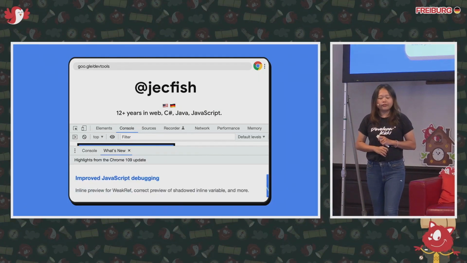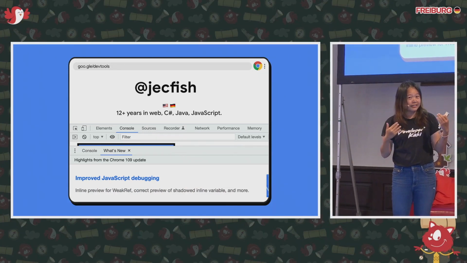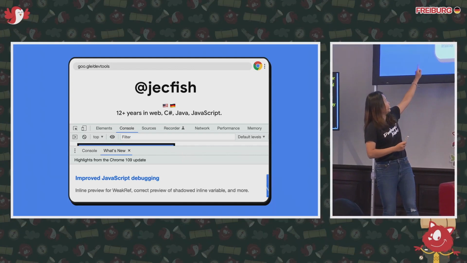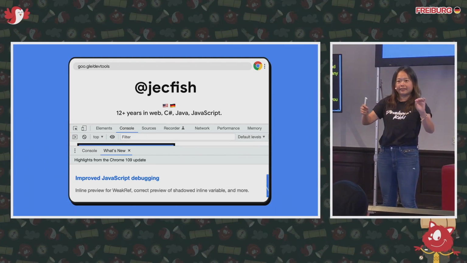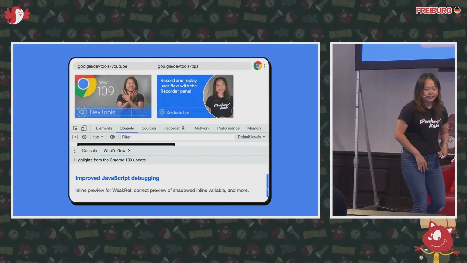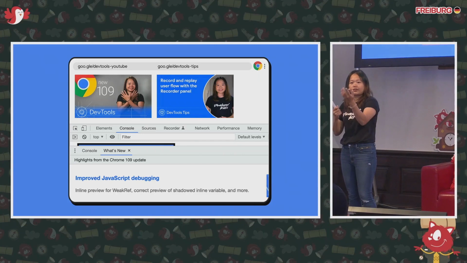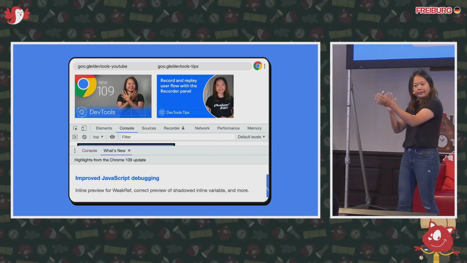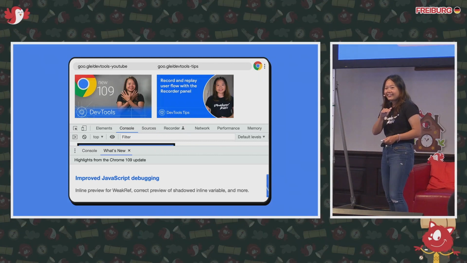Some of you might find my face similar, you might have seen me before. That is because if you did not close the What's New in DevTools tab, it pops up every now and then when you are debugging the most important bug probably in your life. If you click on that, you might have seen some videos of me talking about new features in DevTools, or I also have a monthly video to talk about how to use DevTools to debug certain things like performance, CSS, and other stuff. So make sure the next time you see it, save it for later, don't just close it.